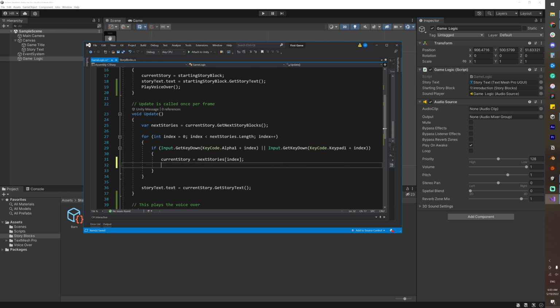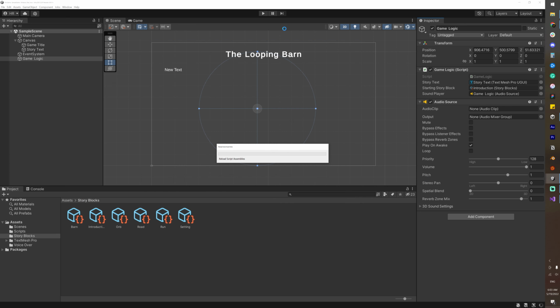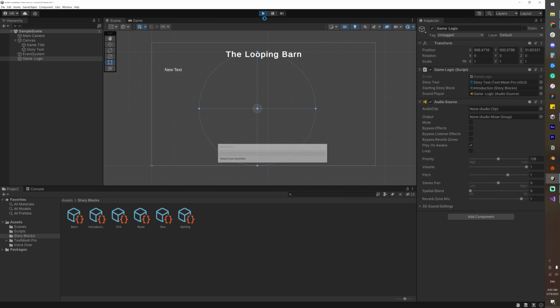And then we also want to put it here, because every time we get to a new story block, we want to play that new voiceover for that one. So great. Now that we have everything hooked up, when we click play, it should be working fine. If it isn't,